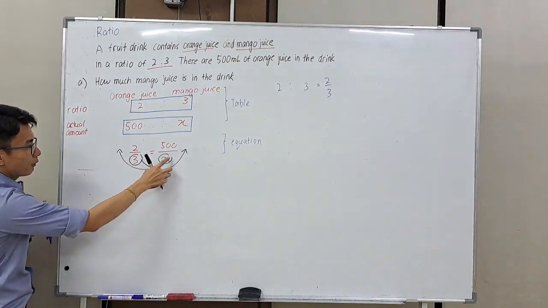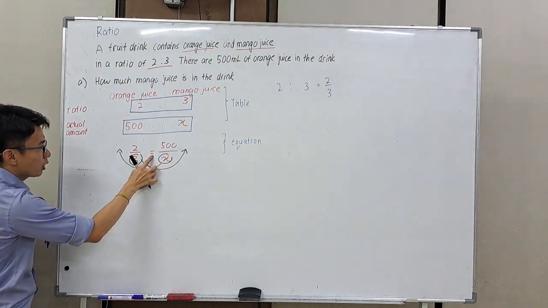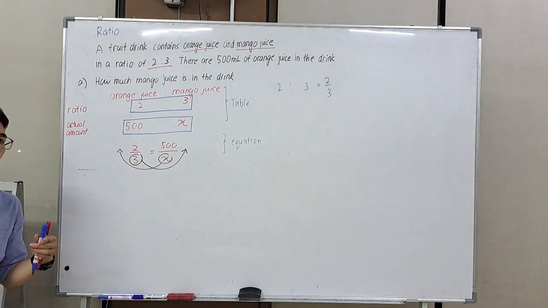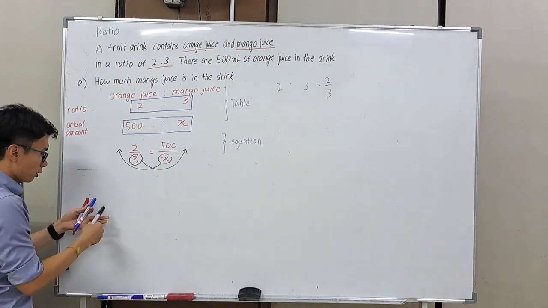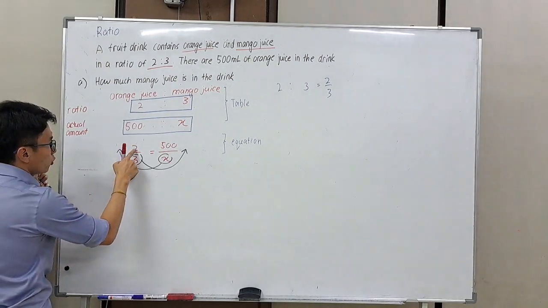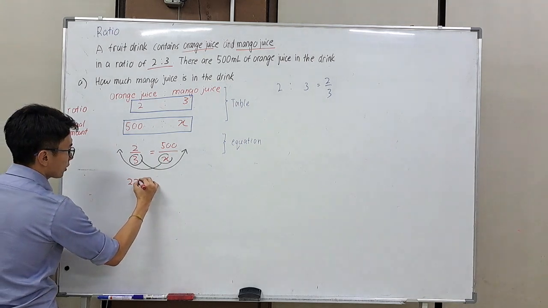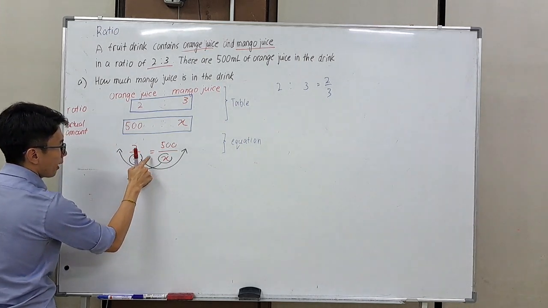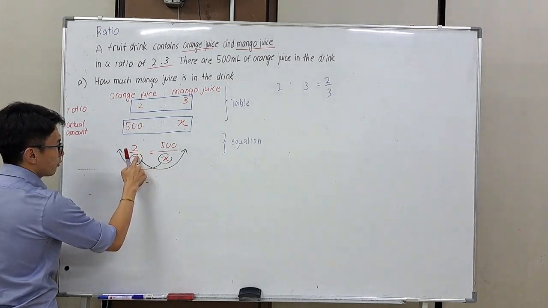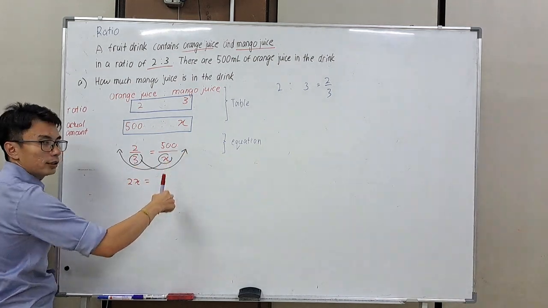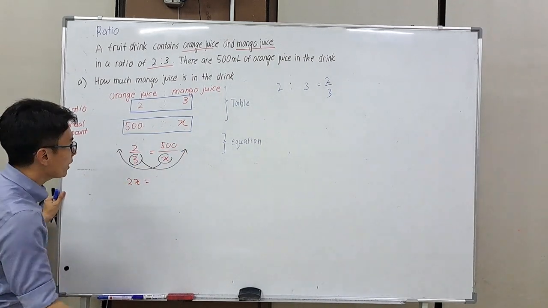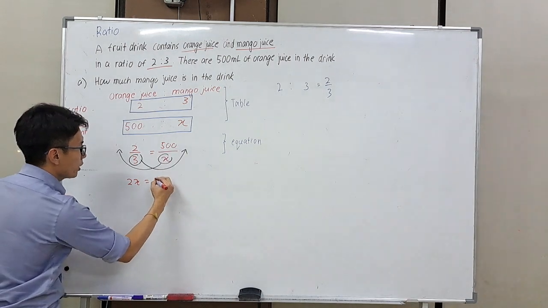So once I bring it up, this is a division operation. I pass through the equal sign to bring it up here, so we understand it's going to be a multiplication operation. So over here, 2 times x, I will have 2x. Same thing, 3, pass the equal sign. It's a division operation, pass the equal sign to up here, it's going to multiply. So 500 multiplied with 3, I will get